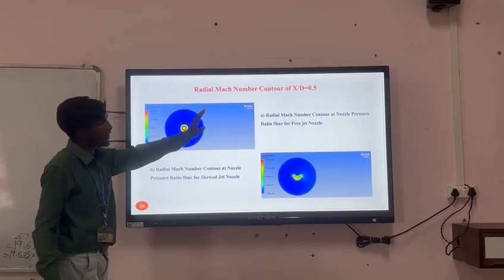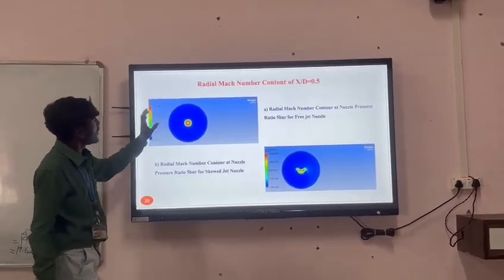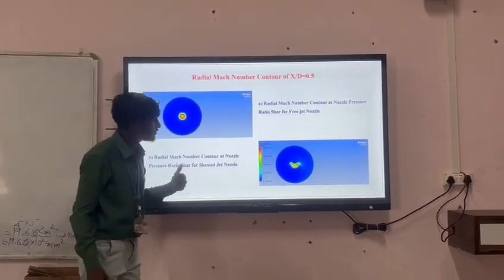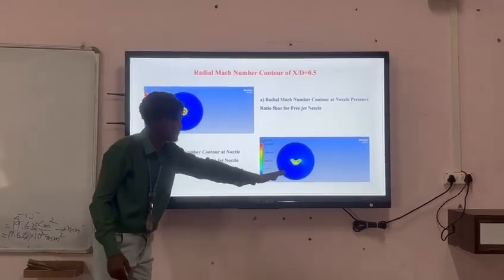This is a radial graph at x by d of 0.5. This is the free jet nozzle. The output is in circular motion. In that, we find some face-like or mouth-like structure created at the